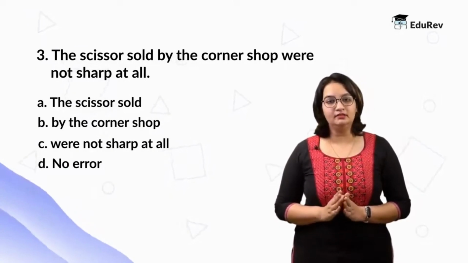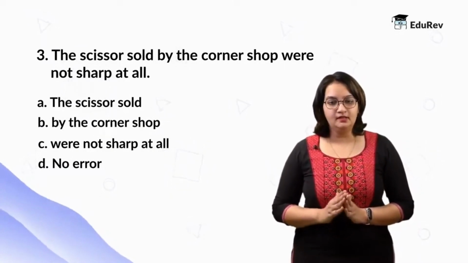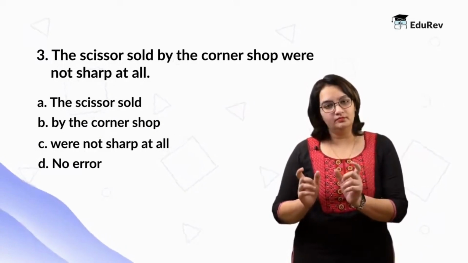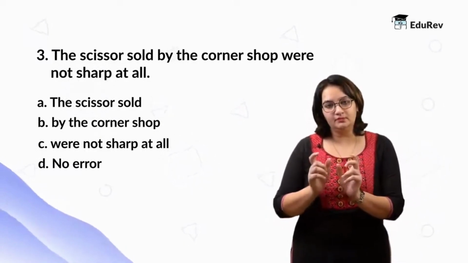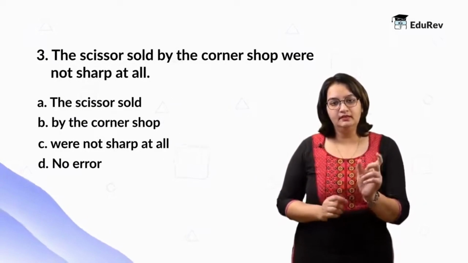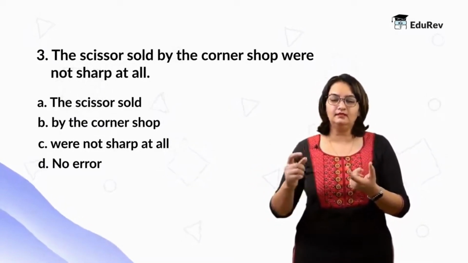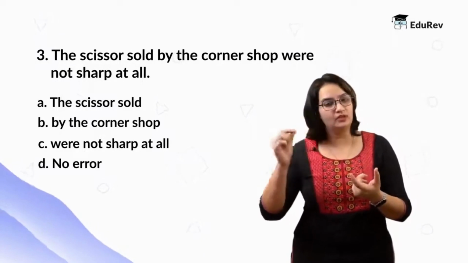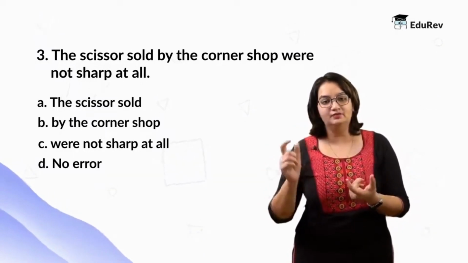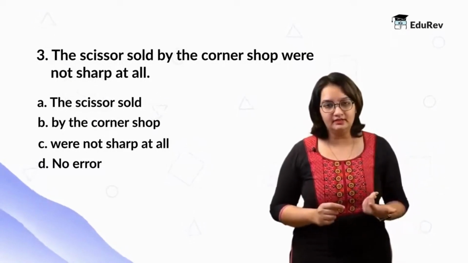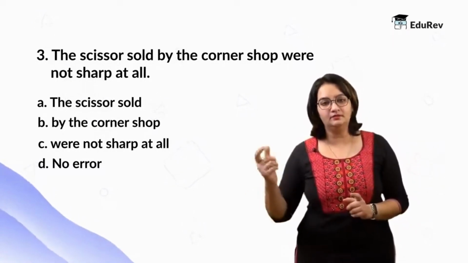Now, let us take a look at the statement. Here we see that we are seeing two particular problems. The first is the scissor, and then later on in the statement, we see that another auxiliary verb that has been used is were. Okay, so now when we see the scissor, it sounds like a singular verb, while the auxiliary verb were sounds